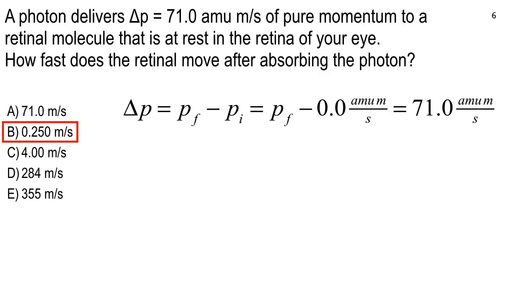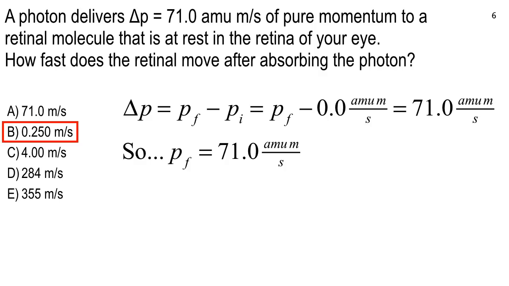And so what that means is that PF, the momentum of the retinal after the collision, is 71.0. Now the photon has lost all of its momentum. It's completely absorbed, like an amoeba. And now the 71 AMU meters per second that the photon used to have, the retinal's got it. This is how interactions proceed on the molecular level. And this is kind of simplified. You know, there's all kinds of things happening. All right, so PF is equal to 71.0 AMU meters per second, because that's what the photon had,